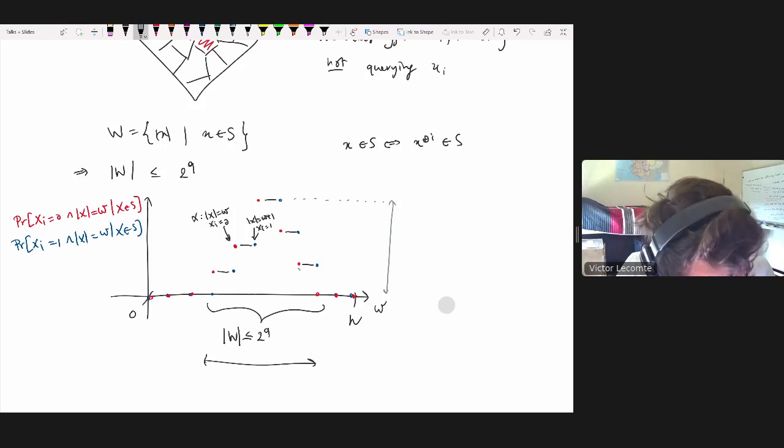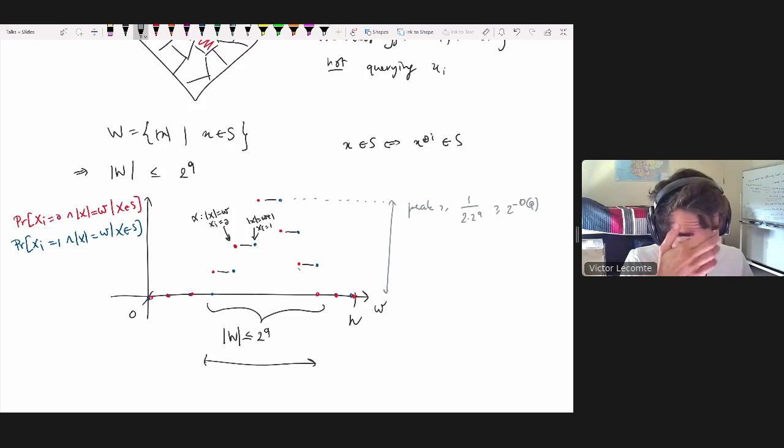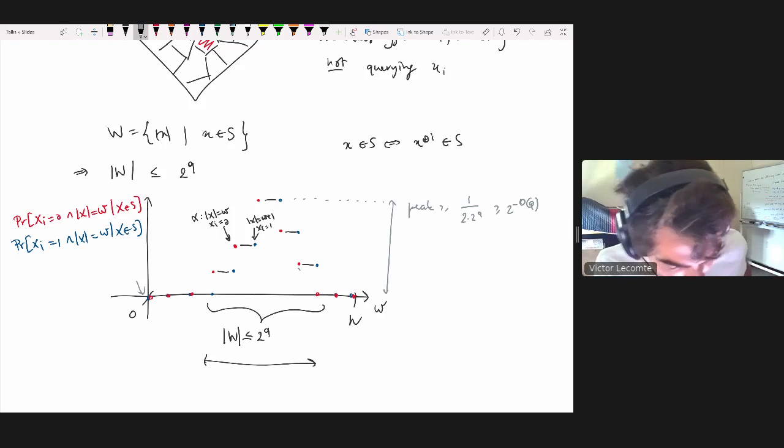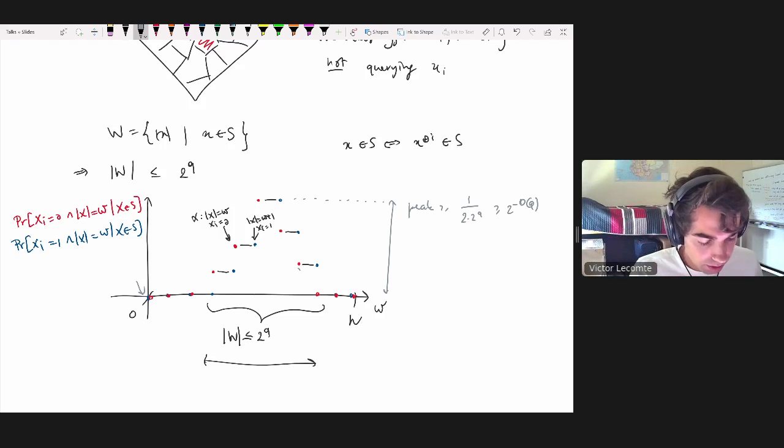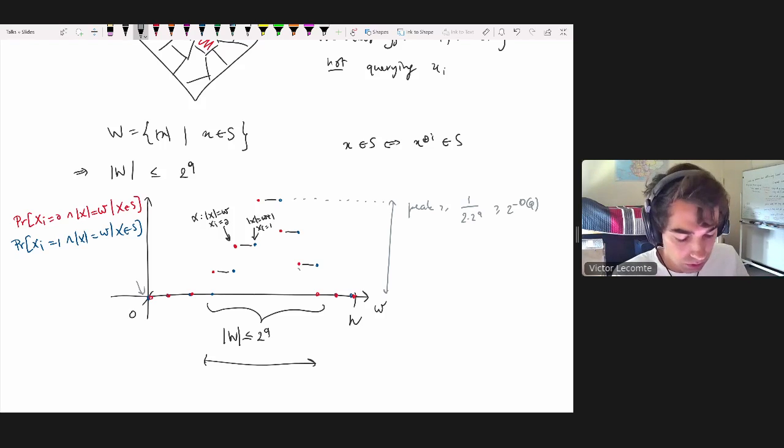So the peak has to be at least 1 over 2 times 2 to the q, and we're just going to simplify it as 2 to the minus q. Importantly, you start from 0, because the first blue point has to be 0, because there's no way you can have Hamming weight 0 and yet have xi equal to 1. So you start from 0, you have a peak that's pretty high, like 2 to the minus q, and you also have only 2 to the q non-zero